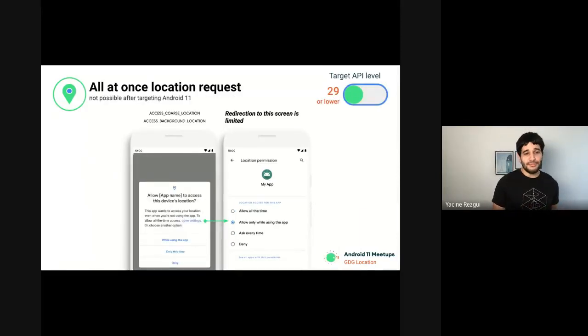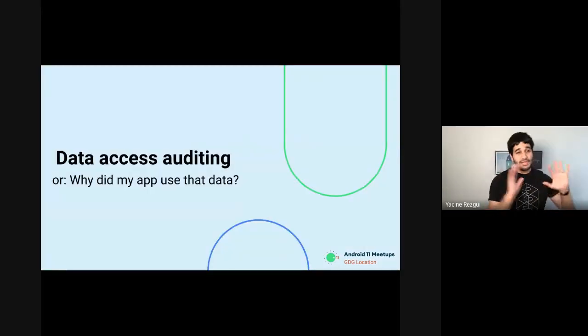And to ensure compatibility for applications targeting API level 29, if I don't say it wrong, it is allowed to request both foreground and background location permission at the same time, and you will have the extended dialog shown instead. That's only if you're targeting API 29, which is Android 10. But again, because we will be moving to the next target SDK probably next year, you should just make sure that you're following the right behavior from the beginning. It's even better for the user, and you will have to do less migration at that point. So that was for one-time